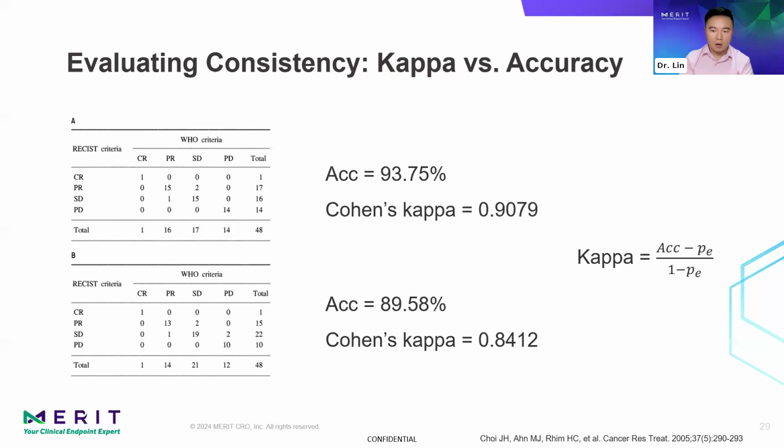So in oncology trials, the assessment categories like PR and SD tend to be more common than PD, and sometimes SD is even more common than PR. And this time kappa can provide a more meaningful measure of consistency. It will account for the uneven distribution of categories and reflect the true level of agreement beyond mere chance.